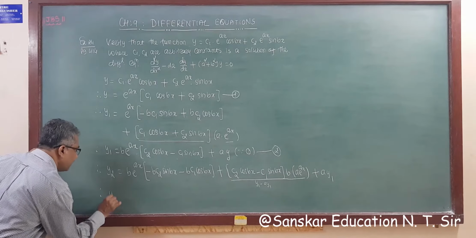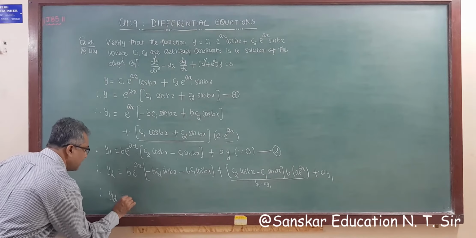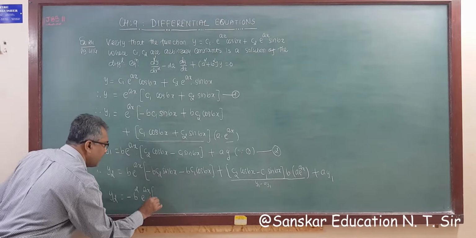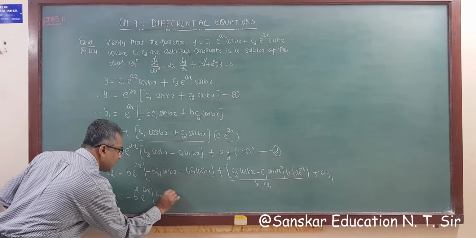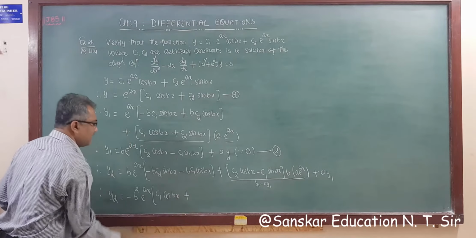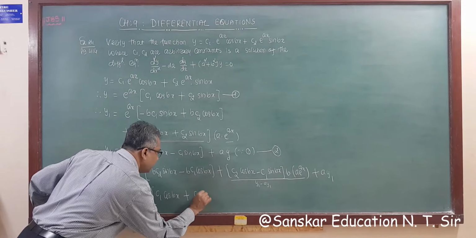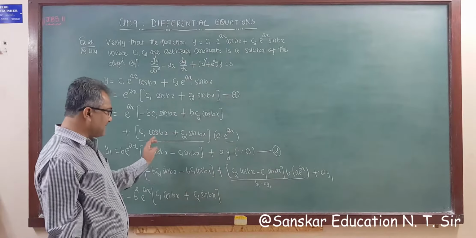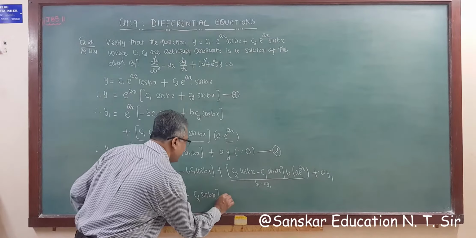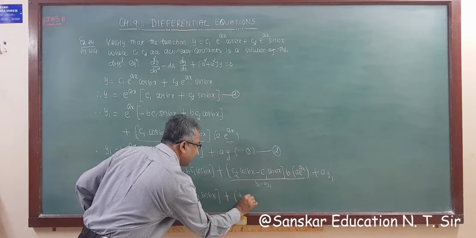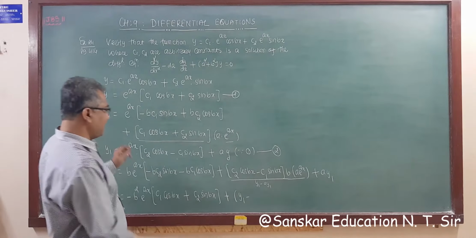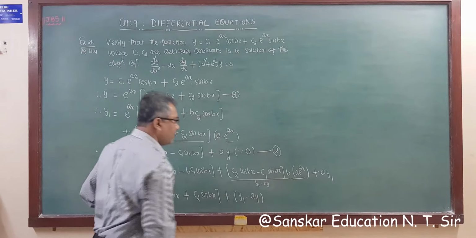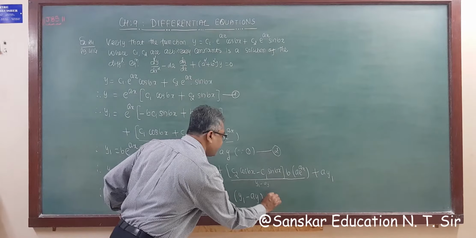So y2 is equal to minus b square e raised to ax, taking minus common, c1 cos bx plus c2 sin bx, and from equation 2, as we discussed, y1 minus a y, okay, and plus,